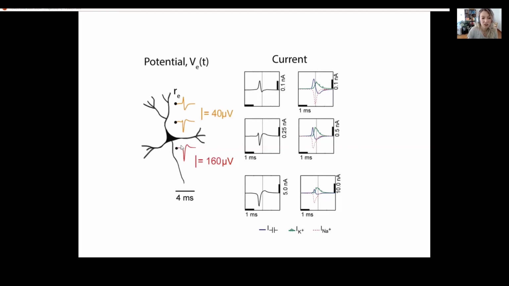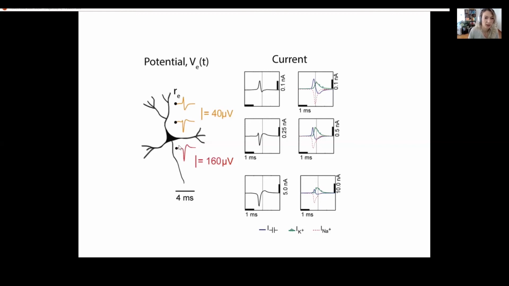And depending on the location, the relative size of these currents and the relative timing of these currents is going to vary. If we put an electrode here, this axon initial segment, that's where all our, well, many of our voltage gated sodium channels are. So here we're going to have a very fast and very significant influence of this sodium current. And we can see that because it goes whoosh. The first thing that we see is this big negative deflection because of all the sodium going into the cell. The capacitive current comes on a bit later, as does the potassium,